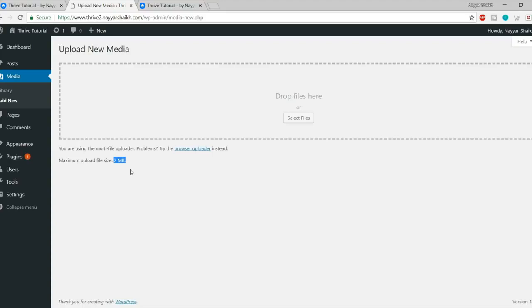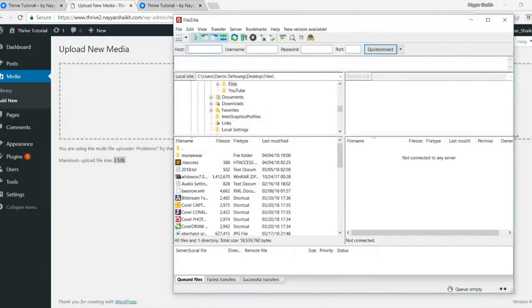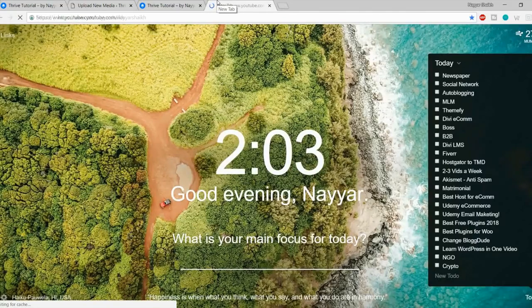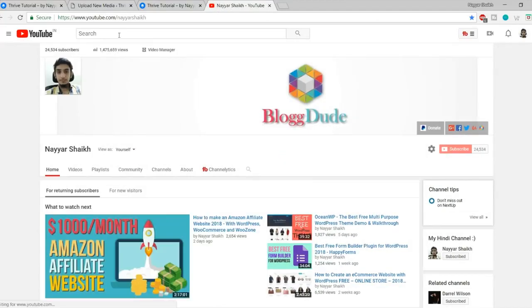This is the default limit of WordPress. We'll have to increase this, and it is very easy to do. What you have to do is open FileZilla, and if you don't know how to set up FileZilla, there is a video on my YouTube channel that you can watch. If you don't find that video, I'll try to give a link in the video description below, but if I forget to put that link, then you can go to